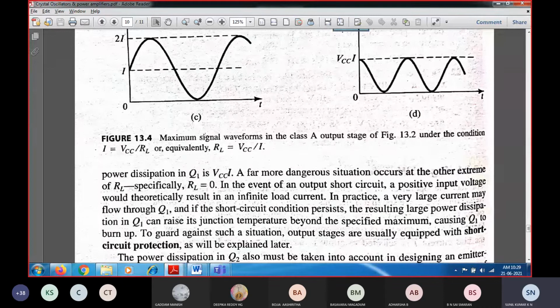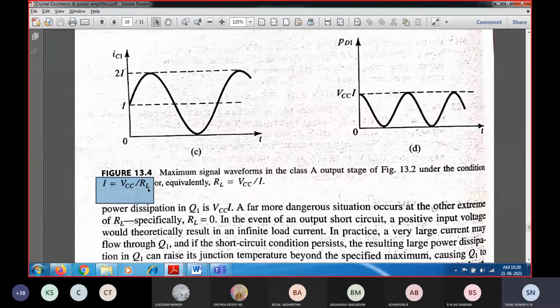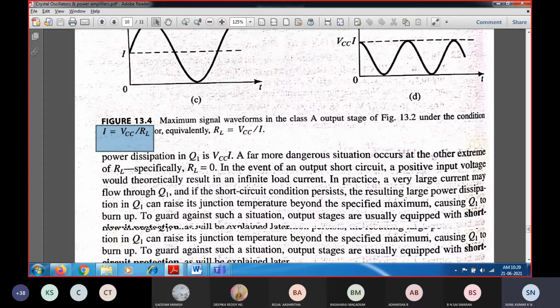So the maximum signal waveform in class A output stage under the condition I is equal to VCC by RL. This is nothing but I is equal to VCC by RL, because of the DC condition. Because of the DC conditions, you will be getting I is equal to VCC by RL as the amount of current generated because of the operating point being selected. So RL will be equal to VCC by I. This is the load across which the current is going. So now, if we consider